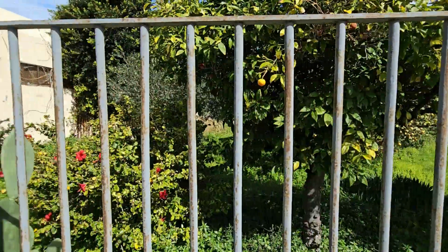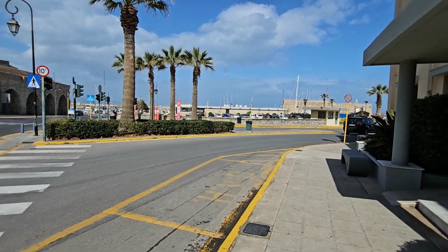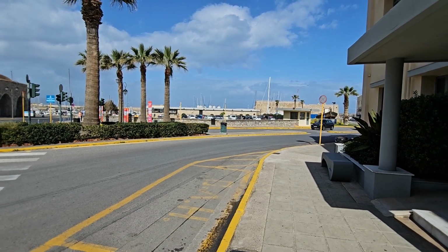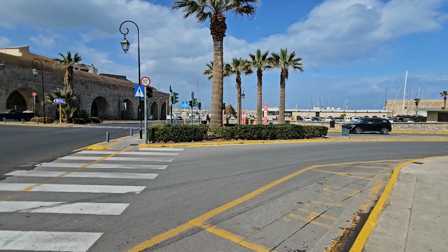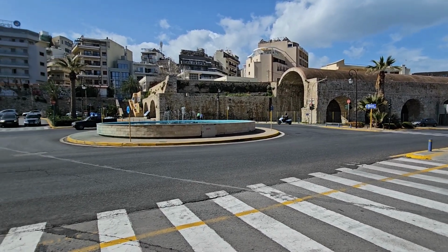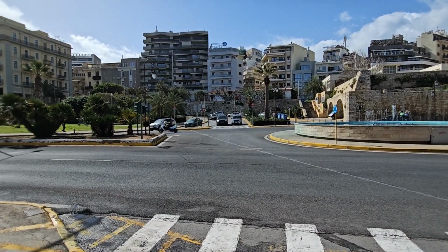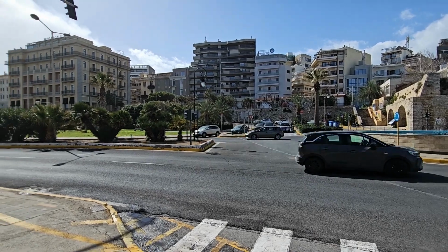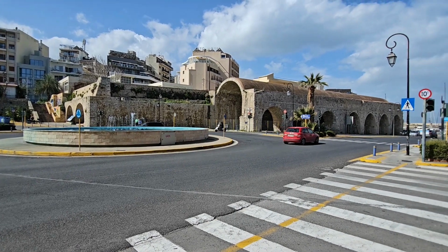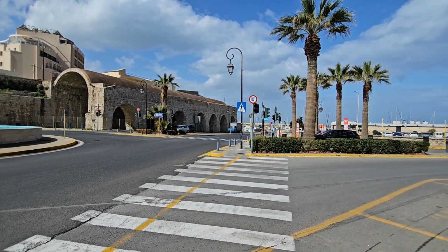How lovely is that? And of course we were here last night, and this is the entrance to the little fort and to the marina. But just take a little look here now. There's a roundabout here with a nice little fountain in it, and if you turn right there, you can walk up the hill into the main city centre. If you go further on around the bend where you can see those cars going now, you'll be able to see the fort